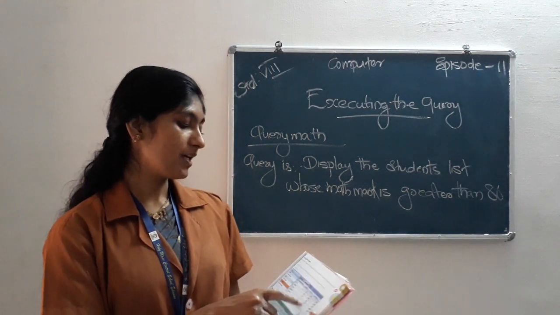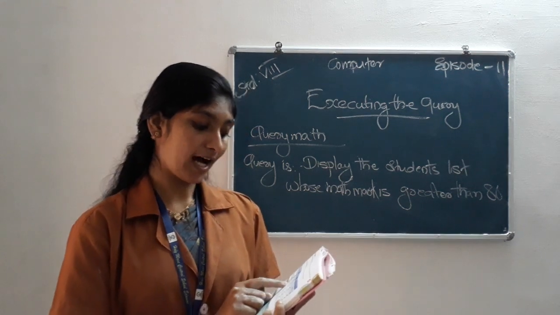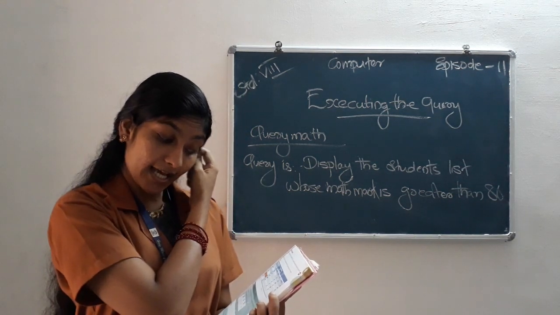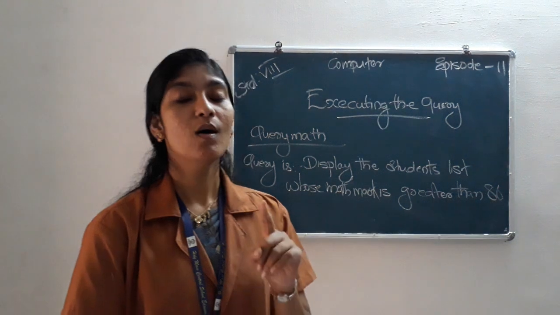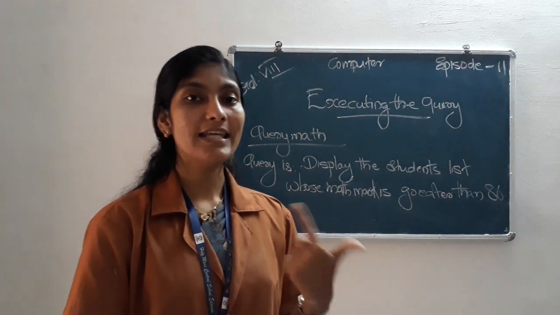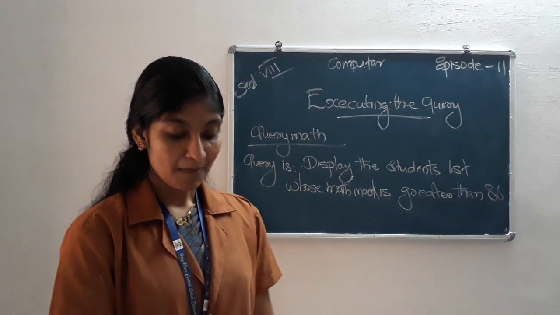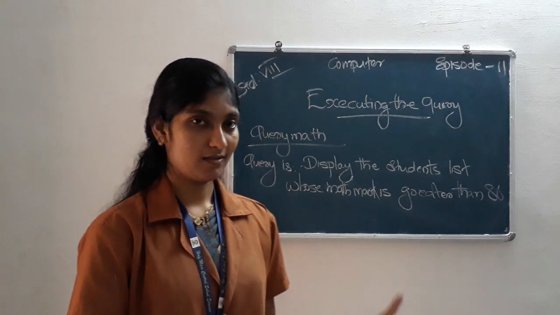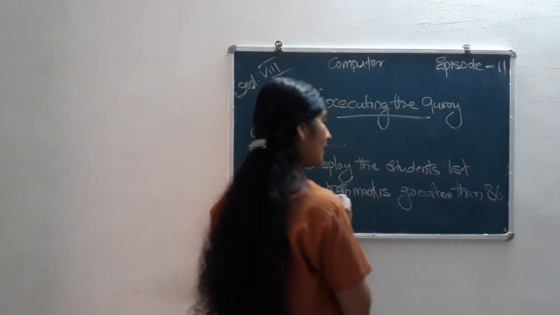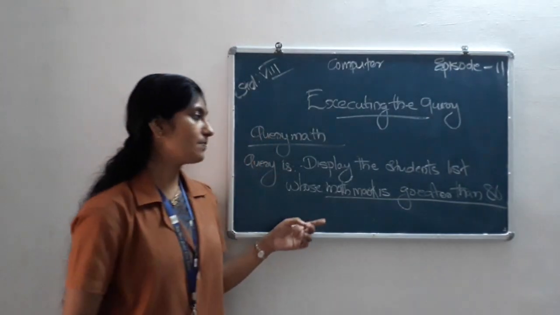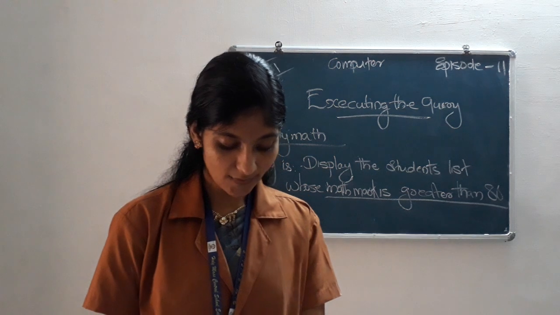So look at the table. Here Ishi got 98, Sabi got 100 marks, Charu 81, Rajiv 90 and Sunny 92. So we can understand that these are the list of students who got more than 80 marks in which subject? Mathematics. So that is the query in the marks table. Query math is the file name and the criteria is math mark greater than 80. So it displays the students list whose math mark is greater than 80. Finally we got the list of students.